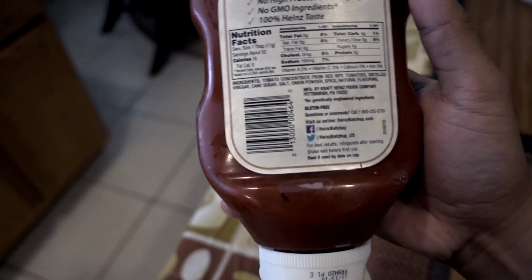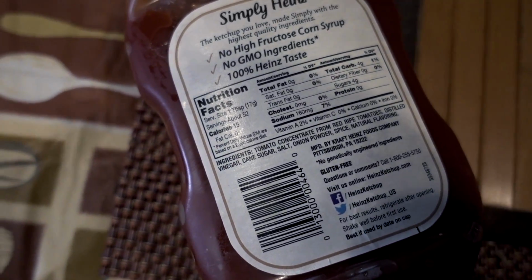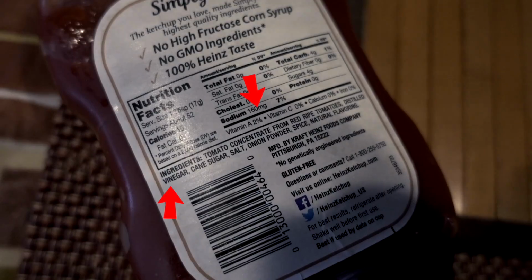And now, don't get me wrong, you can use any type of ketchup, doesn't matter, even if it is GMO, doesn't have to be organic, it doesn't matter. You gotta look at the ingredients. The ingredients are the most important part that you're gonna wanna look at when choosing the right ketchup to clean your wheels with. What you're looking for is concentrate from red ripe tomatoes, distilled vinegar,